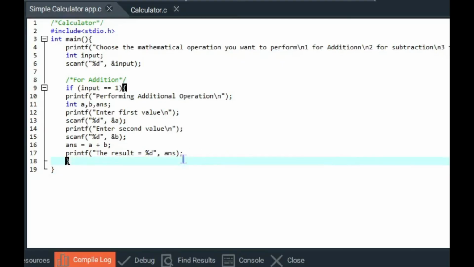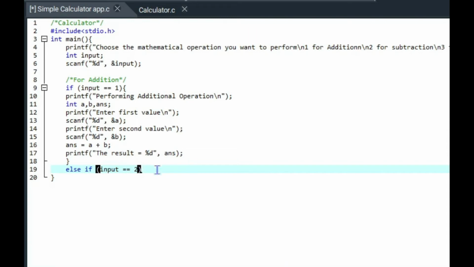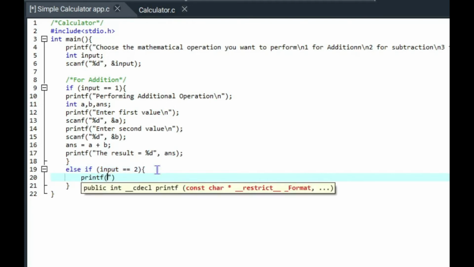So for other operations, we're now going to use another conditional statement, which is else if. Since we want to write code for subtraction, and the user knows that it's going to input 2 for subtraction, so we'll say else if input equals 2, then it's going to perform the subtraction operation. So we're going to repeat what we also did in the addition function. So print out performing subtraction operation, then